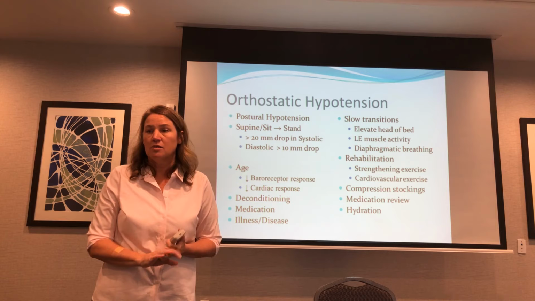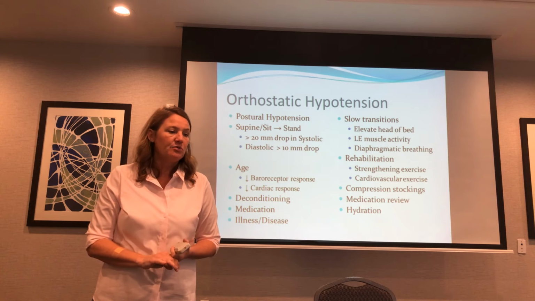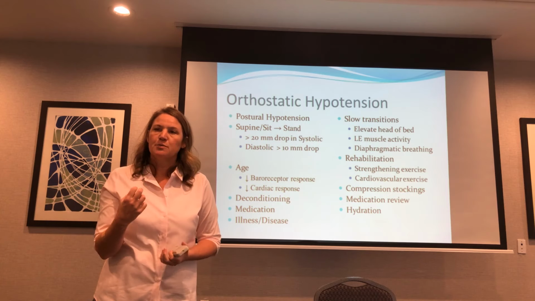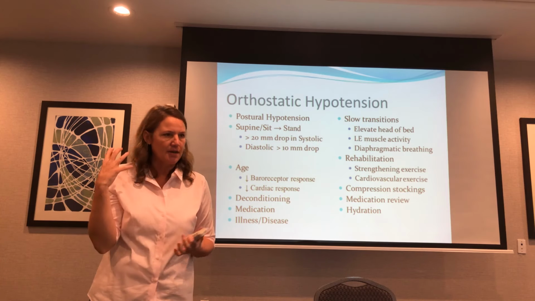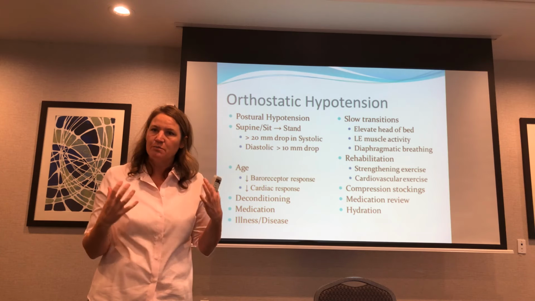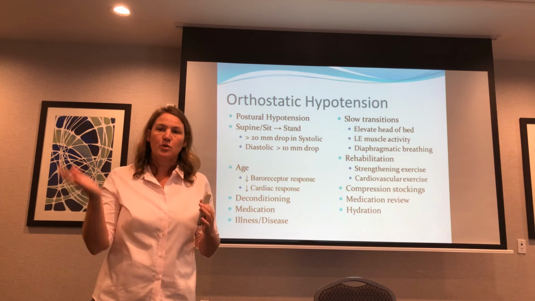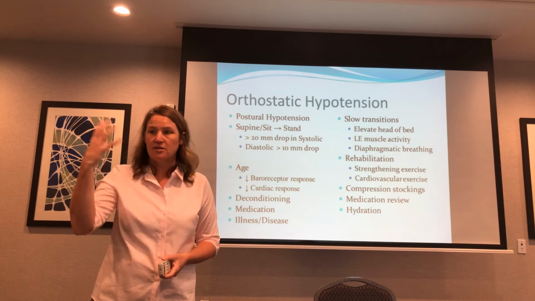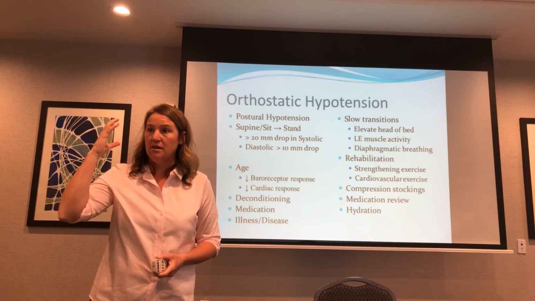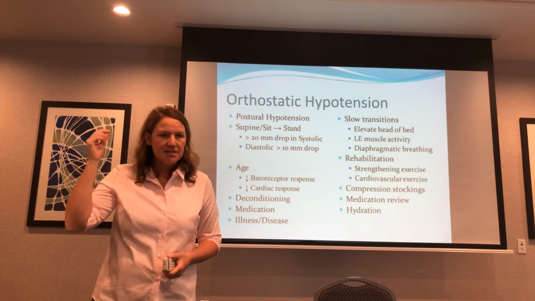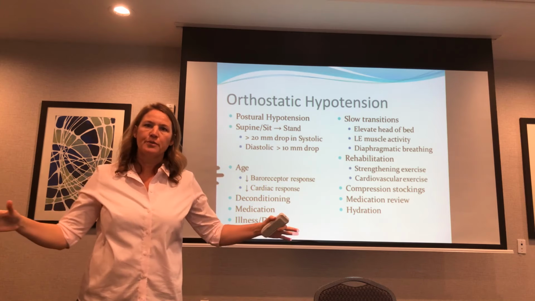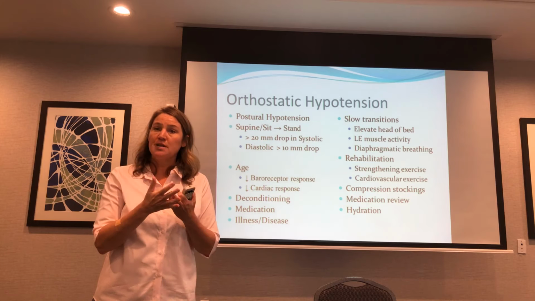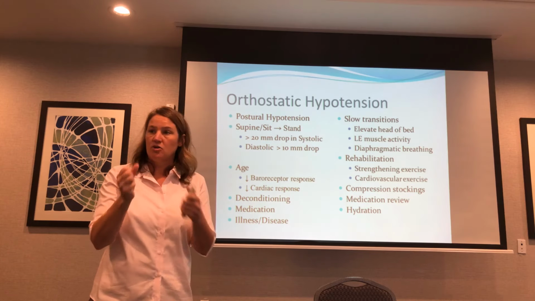Why does this happen? Well, gravity. But when you think about what happens when you jump up, you have a baroreceptor response. The baroreceptors throughout your body will sense minute changes in blood pressure. When you sit up and you're healthy, your body automatically senses that there's not enough blood pressure up in your head and your upper body. Automatically vasoconstriction of all your periphery will happen, and your heart will beat harder and faster. So your body's response will automatically correct it and cause constriction.